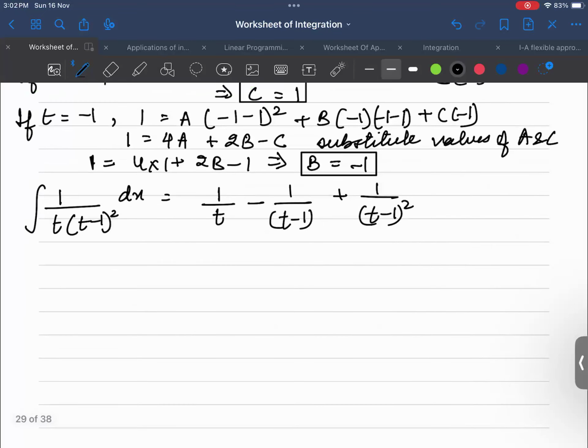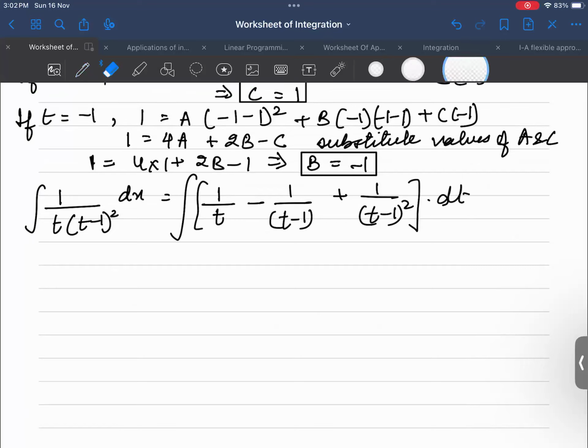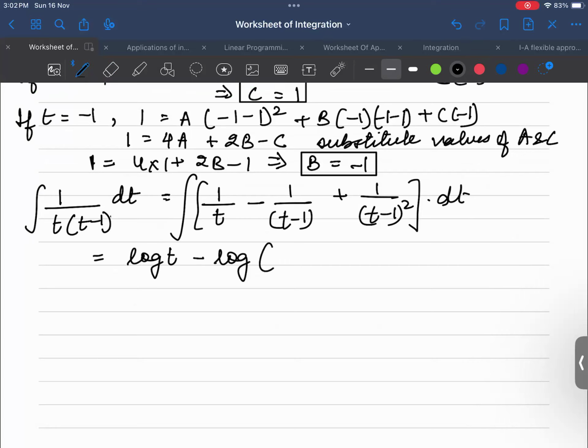Now if we integrate both with respect to dt, it will become log t, log (t minus 1) plus 1 upon